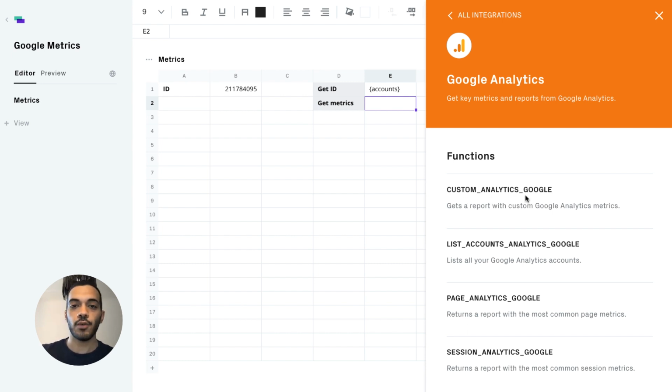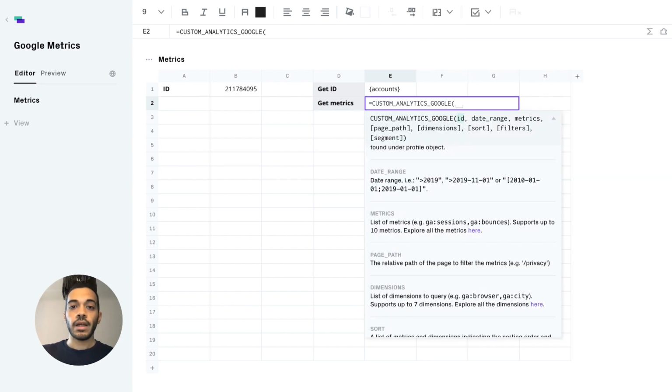The custom analytics Google function allows you to define your own custom set of metrics that you want to retrieve, and this is the function that we'll be using in this video to customize our own dashboards. The custom analytics Google function has 8 parameters, 3 required ones and 5 optional ones. These parameters are the view ID, which we already retrieved in the previous section, the date range that we want